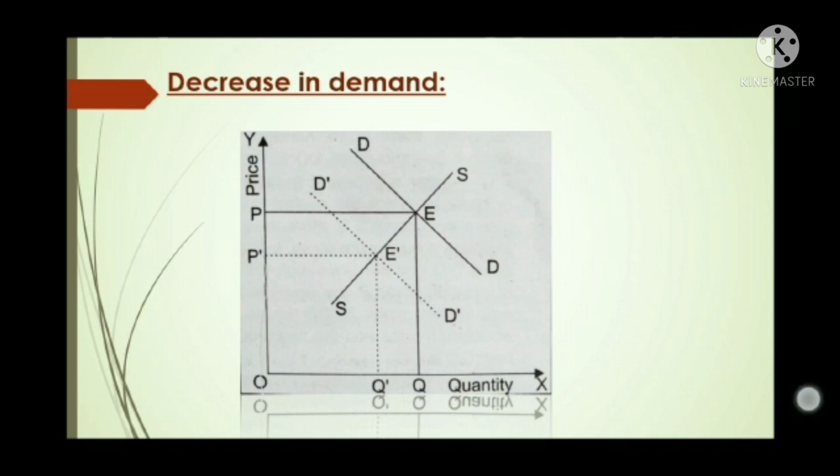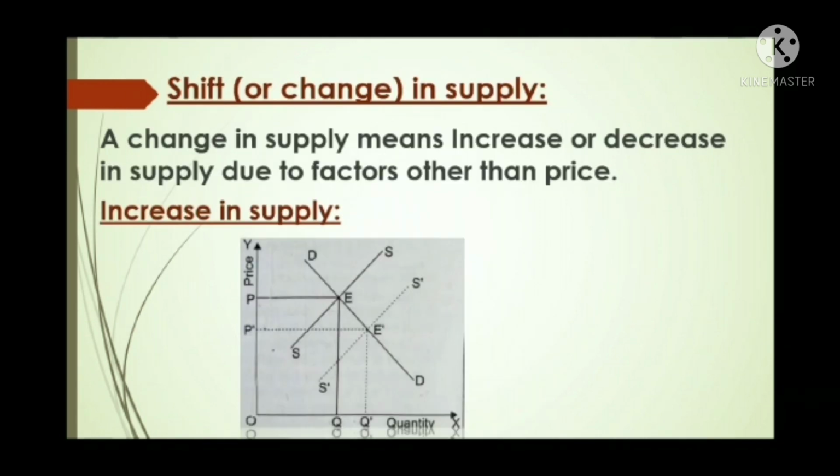Next, shift in supply. A shift in the supply curve is also called a change in supply. A change in supply means increase or decrease in supply due to factors other than price. The effect of change in supply on market equilibrium while demand remains the same. So, first is increase in supply. Demand curve remaining the same, if there is an increase in supply,